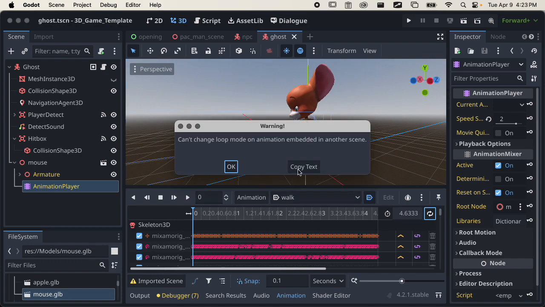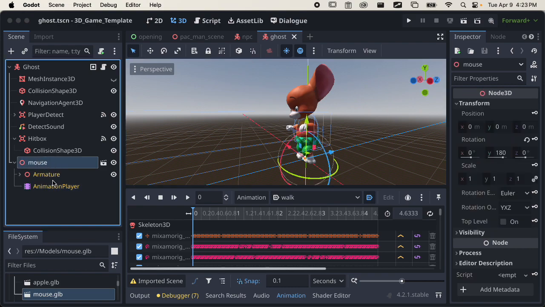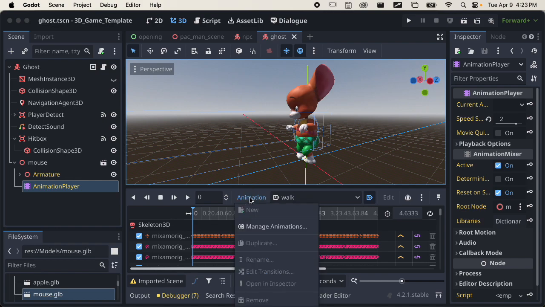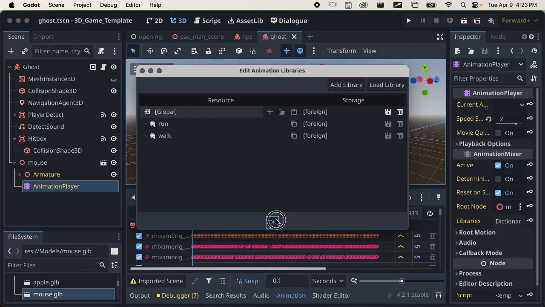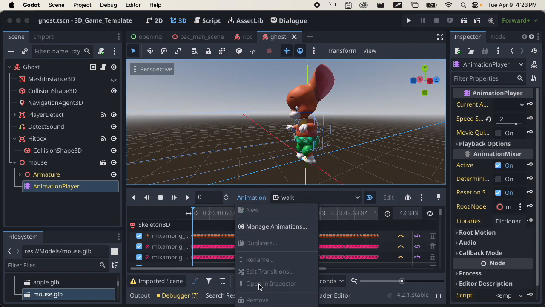If I click on this loop button, it says I'm not allowed to do that, but I can fix that by clicking on this animation and going to manage animations. So again, there's an animation button right here in the animation editor. If I click on that, most of the stuff I'm not allowed to do yet, but if I go to